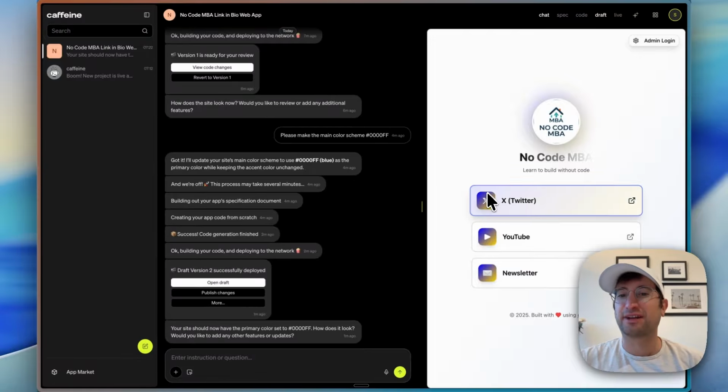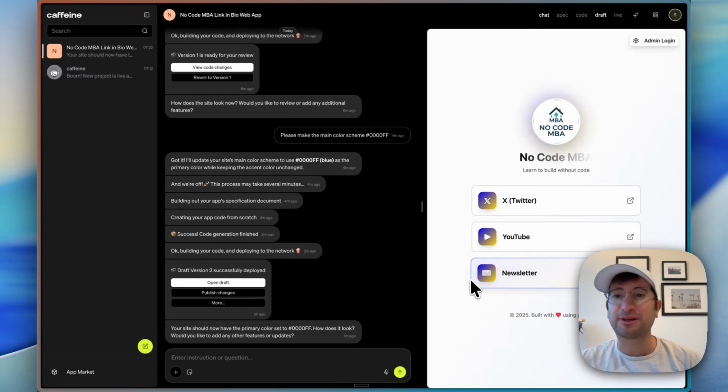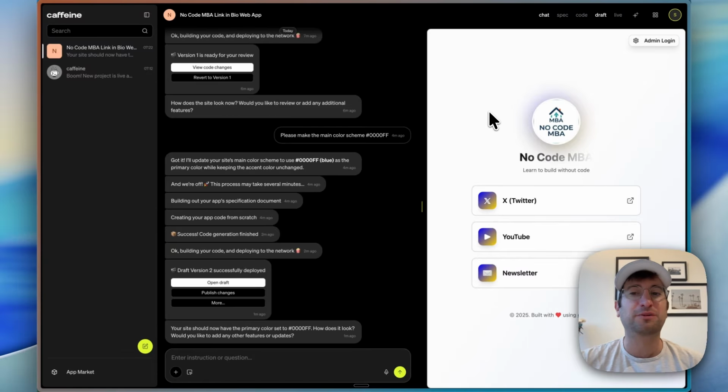All right, so we have our update and it set the color, and it did make a few changes to the color here. It looks like when I hover, we get that blue, and it also changed this to blue and yellow. So I do like what it did. I kind of wish it made the whole background a little bit more blue, or a little bit more of the primary color,